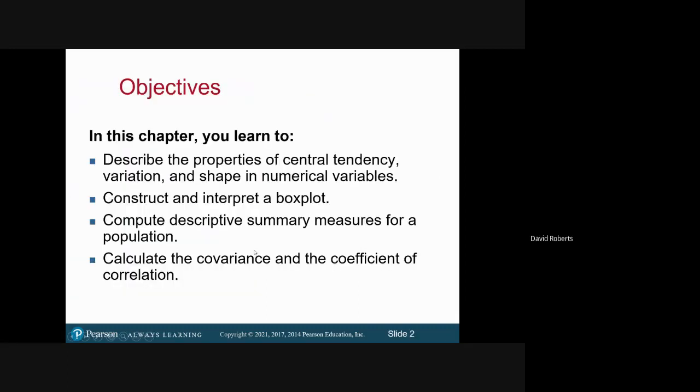So we're going to talk about central tendency. Where's the middle? We're going to talk about variation. How wide is the distribution? And what is the shape? We're also going to talk about something called a box plot. And we're going to provide summary measures for population, and then something called covariance and coefficient of correlation. So how closely does one cause an effect on another? And how well is the line that we're going to draw a good measure of what's going on with, say,